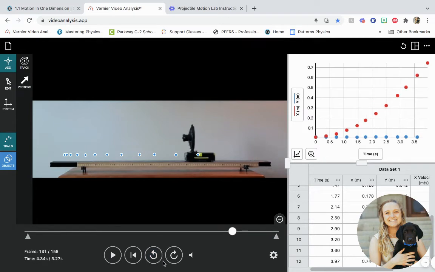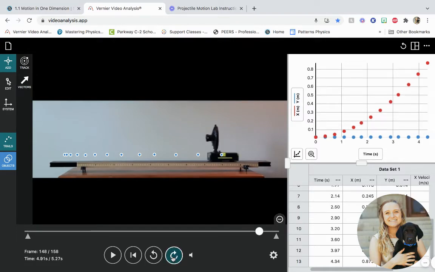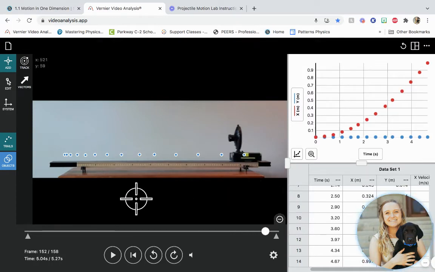I'm hoping you are plotting your data with this, or you're going to go back and plot your data. I don't think I'm doing exactly 10 between each one, but that's okay. Just enough to where I can see it starting to spread out. You're going to make sure you plot the whole way down the line. After this,